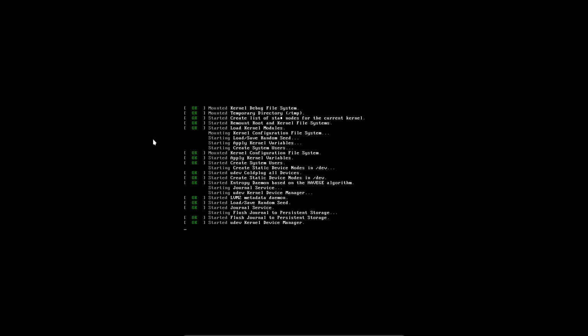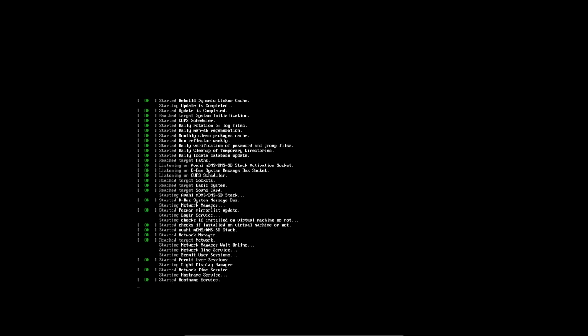Let's have fun. In the meantime, while I was waiting, I made a new Calamares installer. So I want to test that out. And then I'll build it again and I'll share the ISO with you guys. I'll put it on SourceForge, we'll put it on SeedHost. And you can try it out.